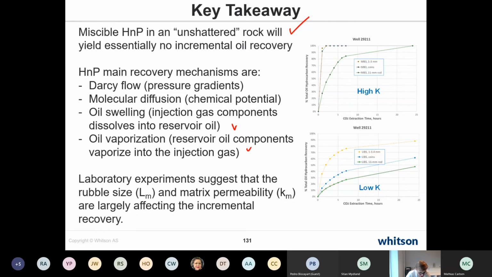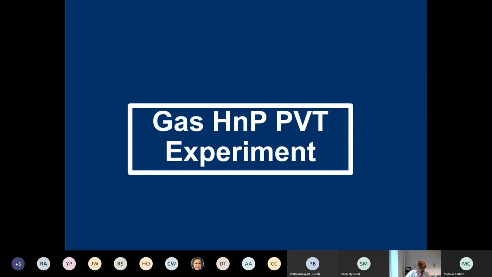Laboratory experiments suggest that rubble size, so the size of these different pieces of rock, and matrix permeability are largely affecting the incremental recovery, which is consistent with the main recovery mechanisms that we've identified. Good. So before we go in and revisit